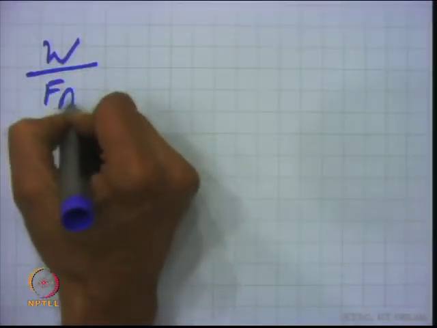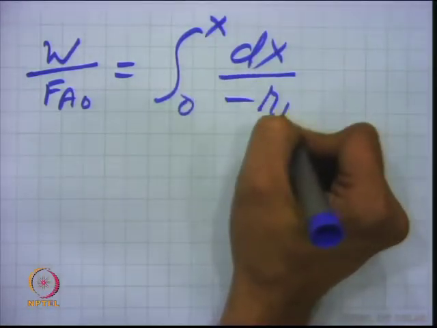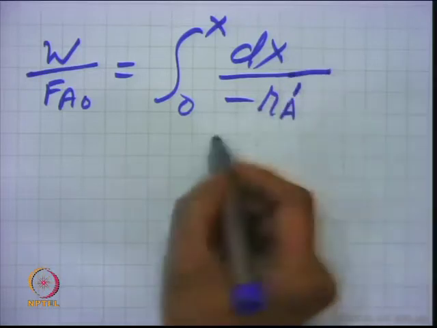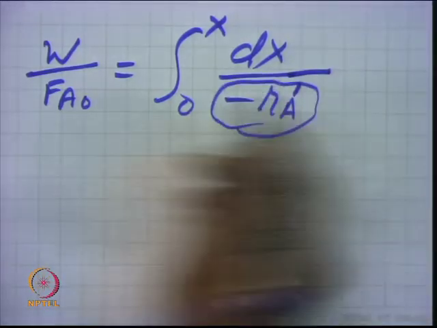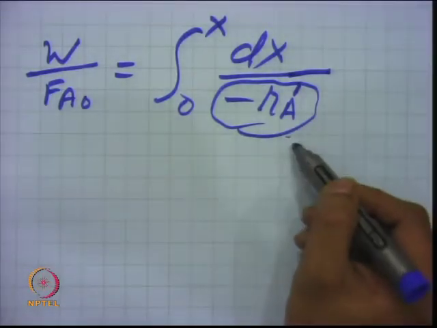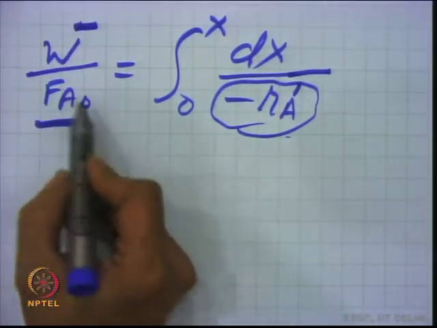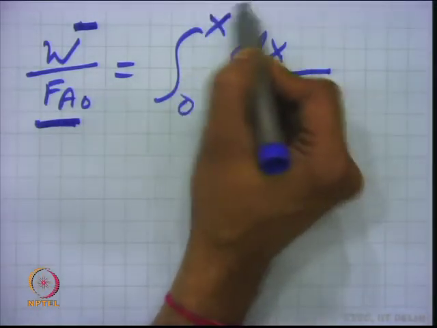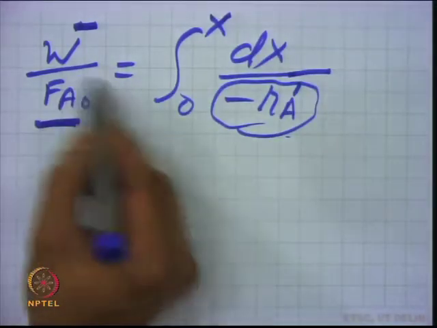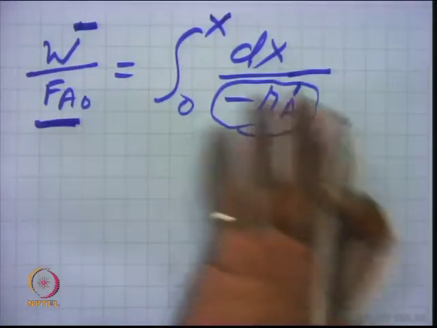For the plug flow reactor design, as I discussed, W by F A naught is equal to the integral from 0 to X A of d X A upon minus r A. So, this is a rate equation which you get from writing a mechanism or microkinetic reaction, or one can simply write, for simple design, k C A to the power n and find out the mass of the catalyst for a given production or a given conversion, say 90% conversion, with how much feed is being used and what the productivity will be. This is a kind of plug flow reactor design.